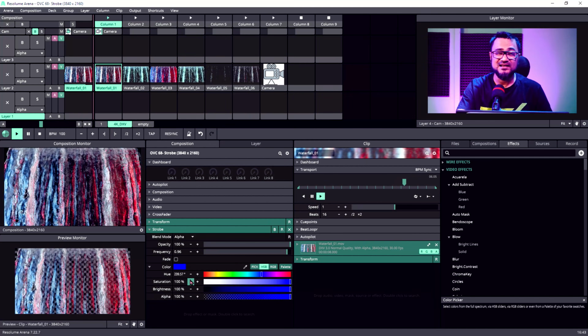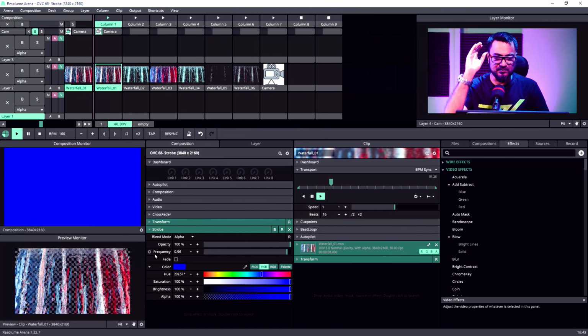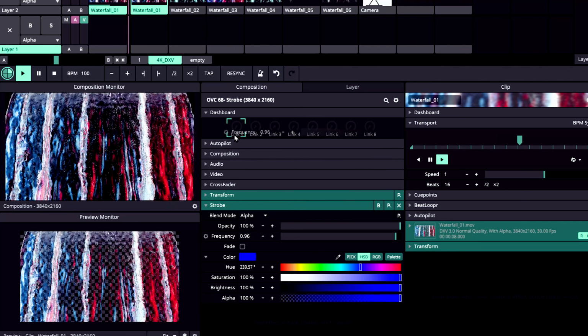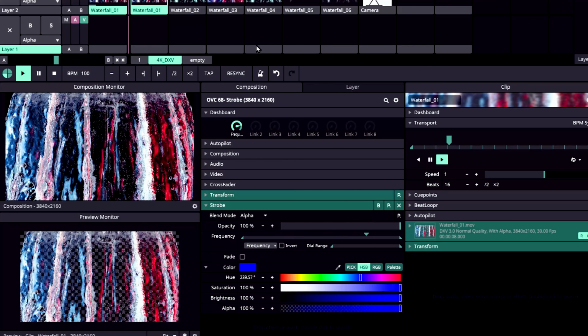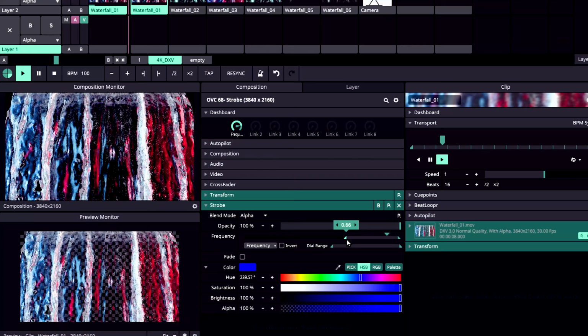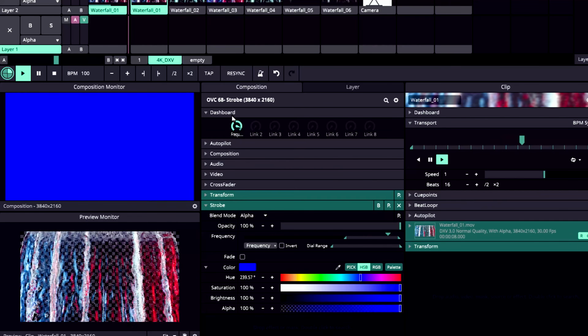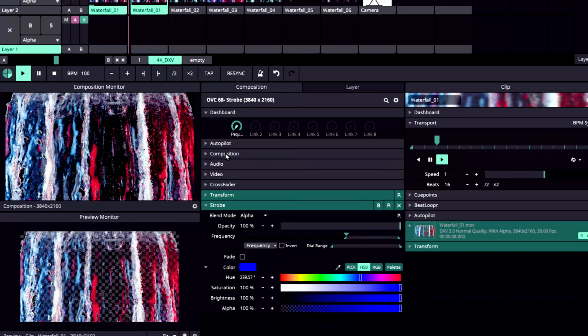How do you do that? Let's connect all 4 of them to dashboard so that we have control in one place. First, let's connect the frequency to the dashboard 1. Okay, we are going to fix this. So our minimum value would be 0.66 and maximum would be 0.99. So we can control the speed with this one, this dashboard.